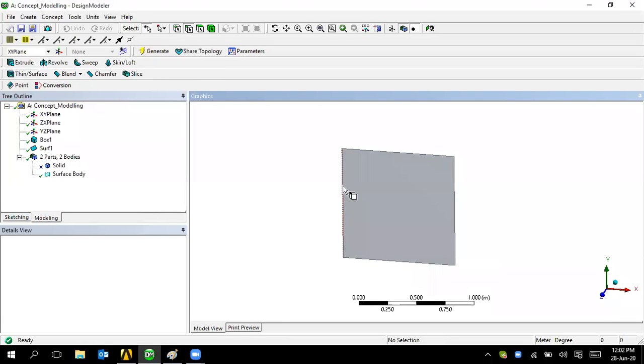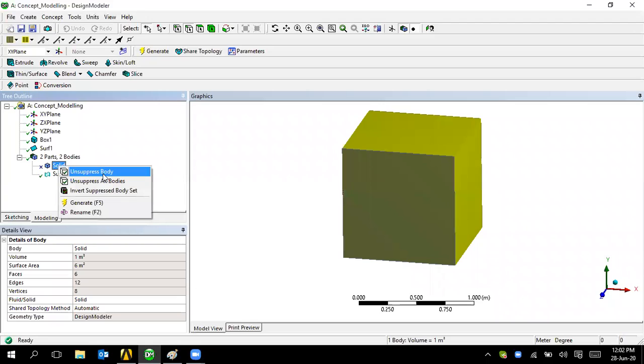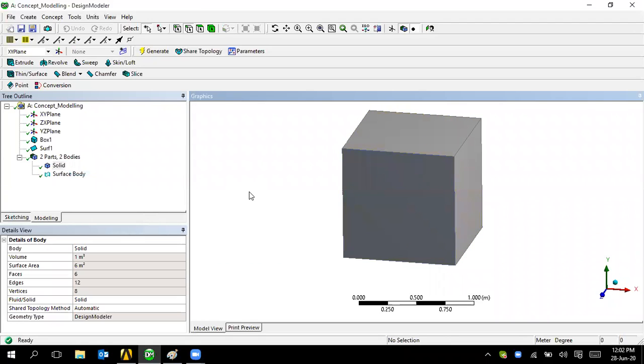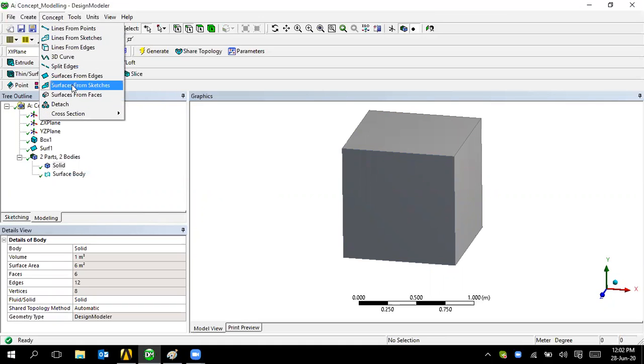You can give this an inlet boundary condition and this an outlet boundary condition. Maybe within the changes in the internal, we could see where the turbulence is maximum, minimum, and all. Everything could be noticed with the help of this surface body. So the solid body is just for working with solid problems, solid 3D problems.